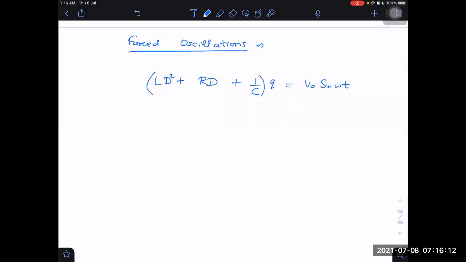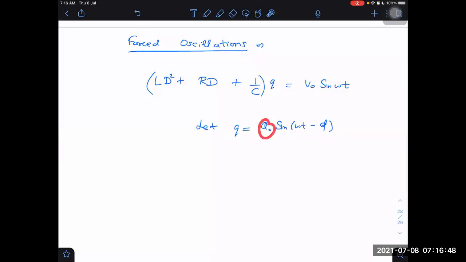And what we do in such cases, we treat these three terms as three vectors. We assume let q be equal to q naught sine omega t minus phi. Why am I taking the minus sign? Because I already know what it will give us. I know this one will be lagging as compared to this, because I have this idea from differentiating this.